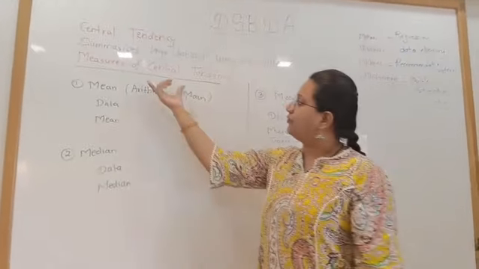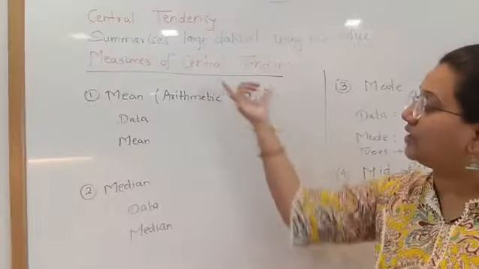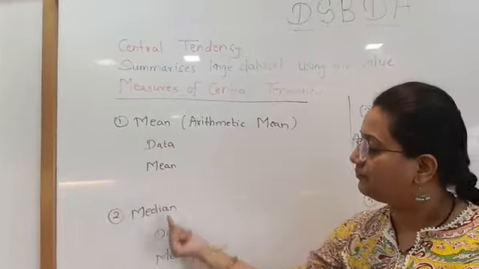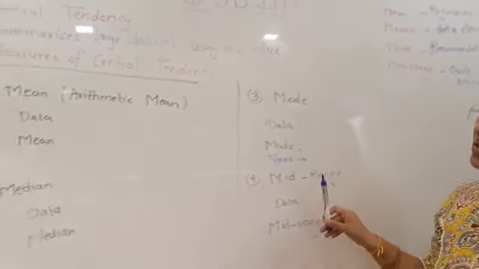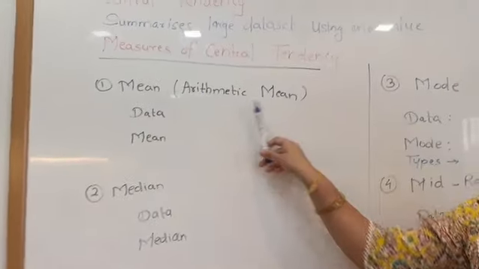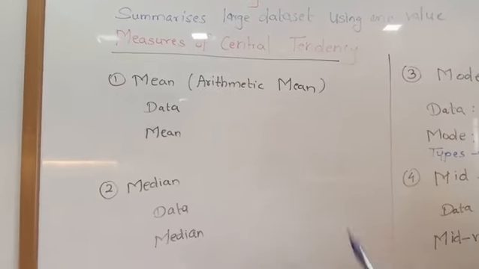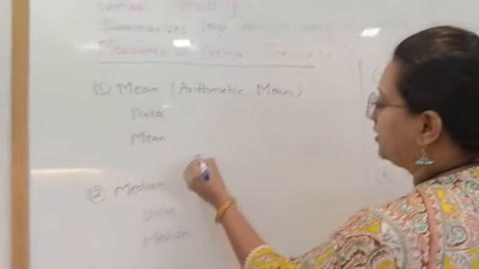For example, now we learn the measures of central tendency. There are four measures: mean, median, mode and the mid-range. So mean is nothing but the arithmetic mean. We call it an average. Its formula is mean equal to